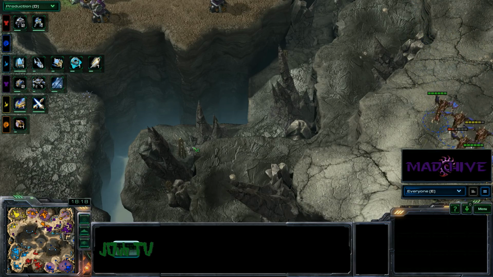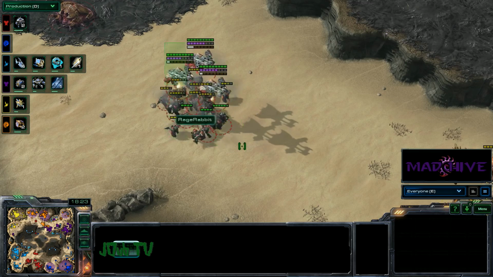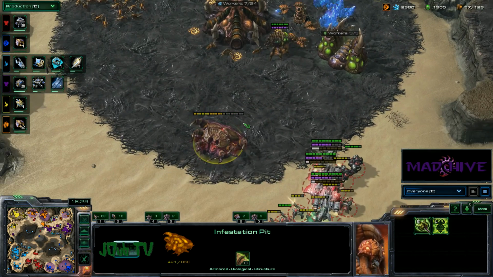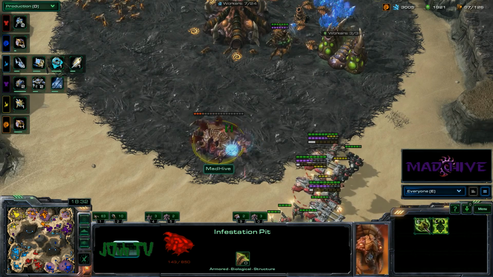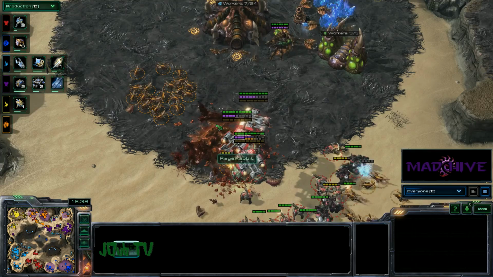It was hard enough hitting Fungals before they nerfed it. So we still got these Marine Marauder drops from Rage Rabbit, and he's going to go for my Infestation Pit. Oh, it was so young, but it made me so many Infestors. And I'm not going to actually pull all the units out. Come on, Zerglings. Finish the...